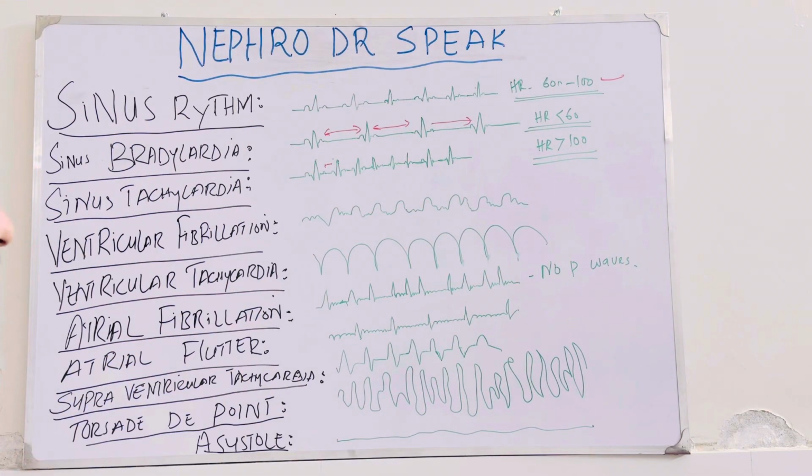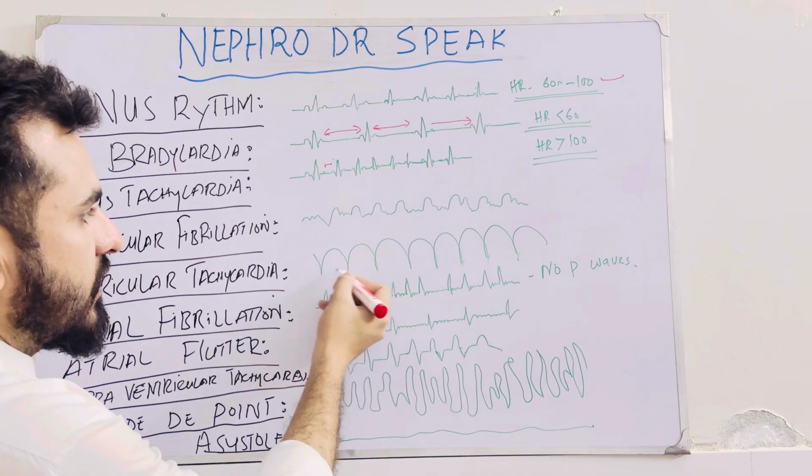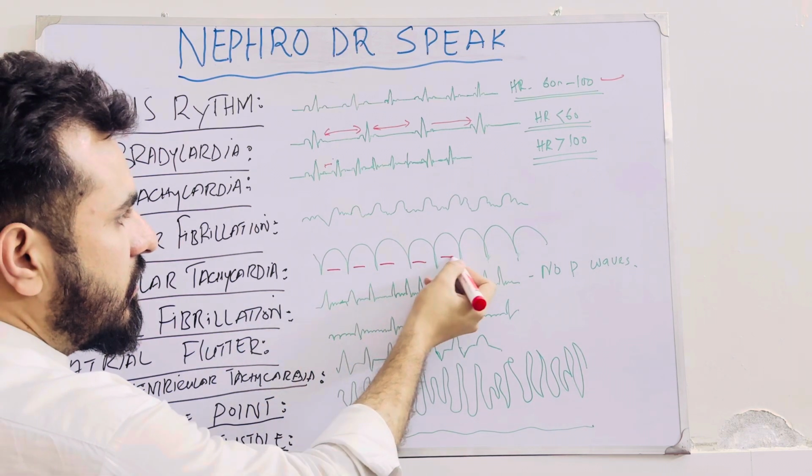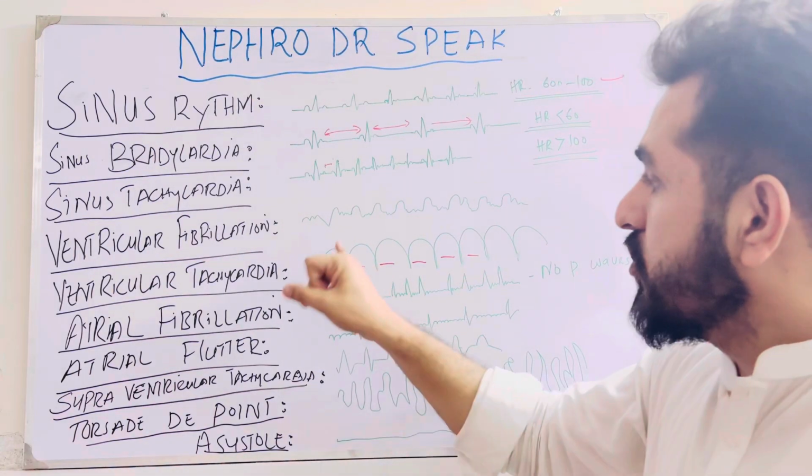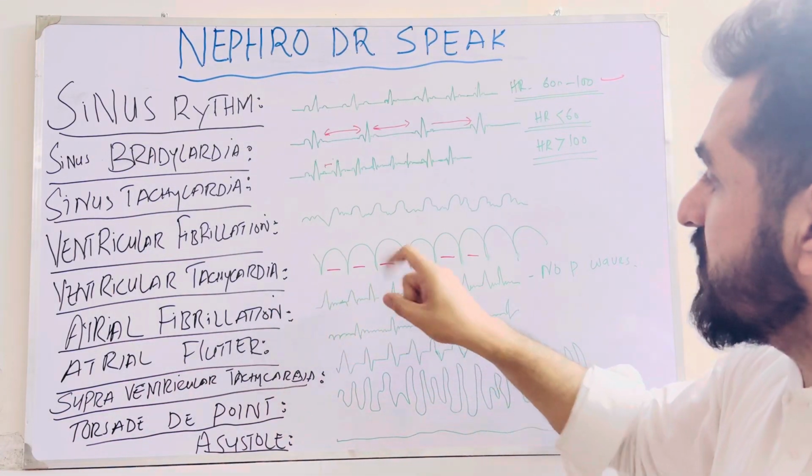Here is ventricular tachycardia. When there is a broad QRS complex, we call it ventricular tachycardia. If I show you sometimes the real ECG, you will see the ventricular tachycardia is just the same picture like